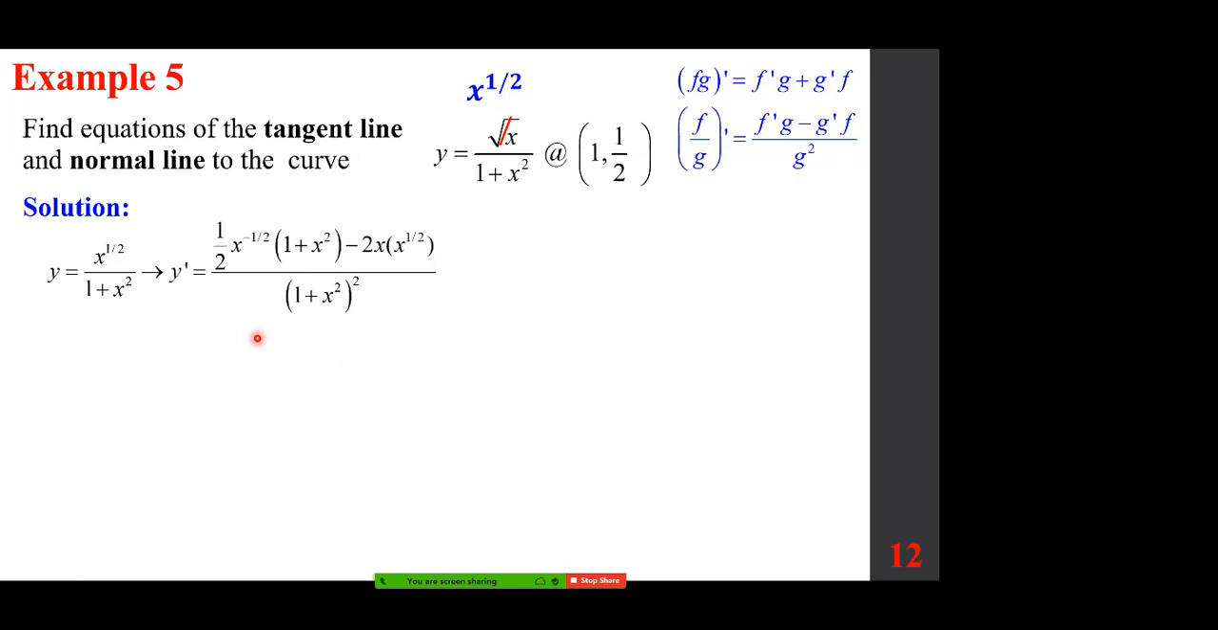So I'm going to quickly recap to make sure everybody's comfortable with that. The top is x to the power of 1/2. Its derivative is 1/2 x to the power of negative 1/2 times the bottom. Minus, the bottom gives us 2x times the top, and you're done. The bottom, you just write it squared. Okay, so having said that, how do we